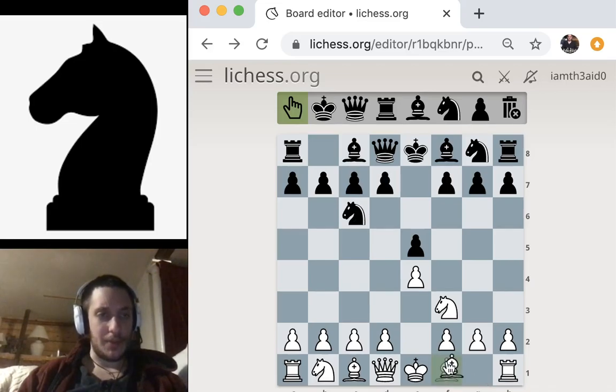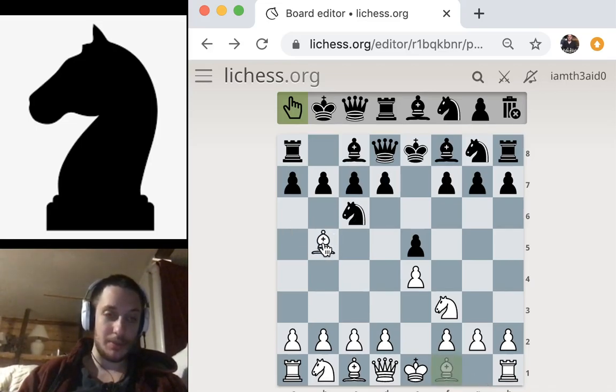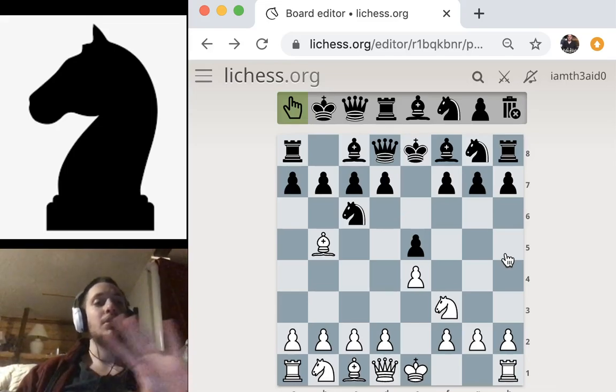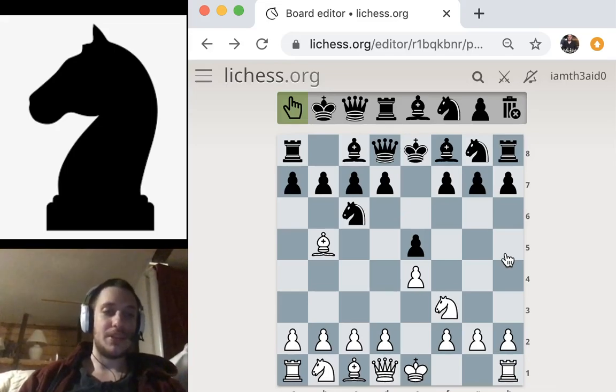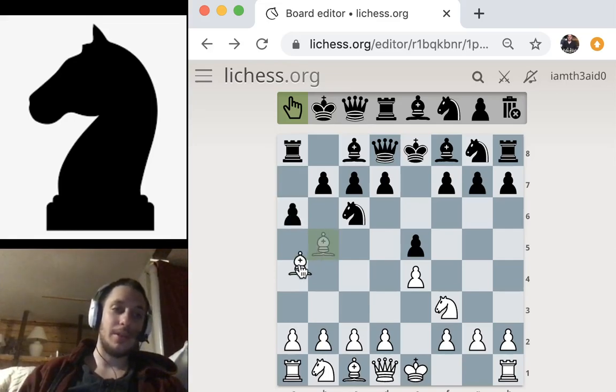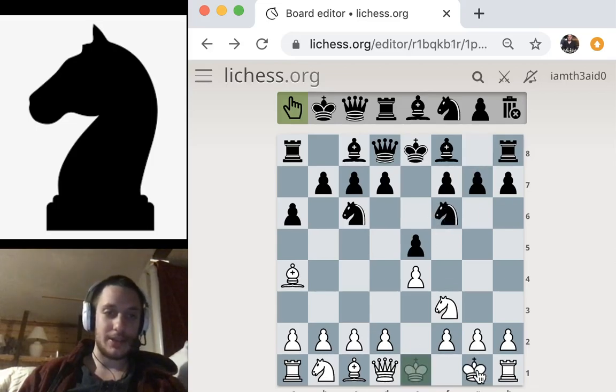I have this option of playing bishop to b5, and basically this is, I mentioned this in the last video, called the Ruy Lopez, and it is a pretty maneuvering, kind of slow, maneuver your pieces to better squares type of positional game. So we might consider this position to be kind of dull, for example. For example, a6, bishop a4, knight f6, castles,